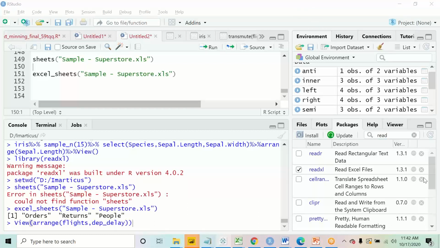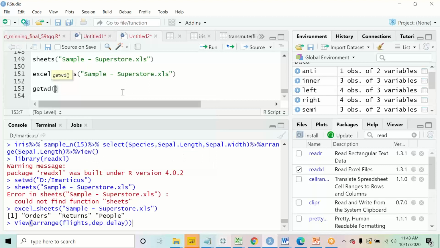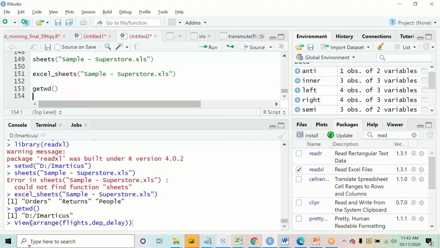Is that what you are referring to? For that, you just write the command getwd. If you write this command, you will be able to see that. In my case, my working directory is this.